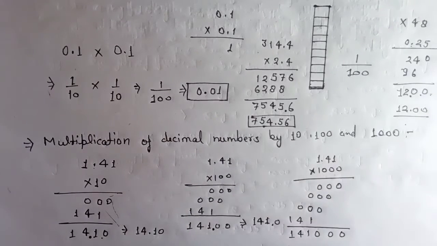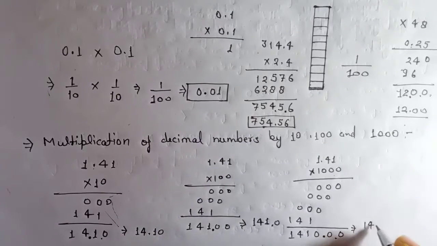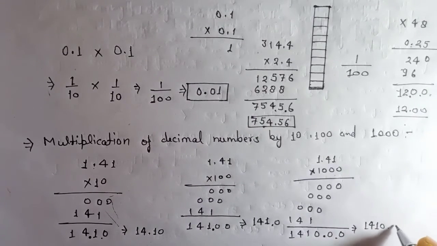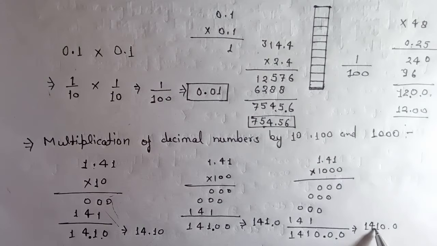There are 2 numbers after the decimal point. So count here, 1. Keep one thing in your mind, you have to count from the right side. 1 2 and your answer is 1410 point something, that is 0. Eventually you get that when you multiply by 1000, the decimal sign is carried now 3 digits to the right hand side. You can see this is 1 2 and 3. Even it acquires a 0 from outside. So this is the effect of multiplication by 10, 100, 1000 on multiplication of decimal numbers.